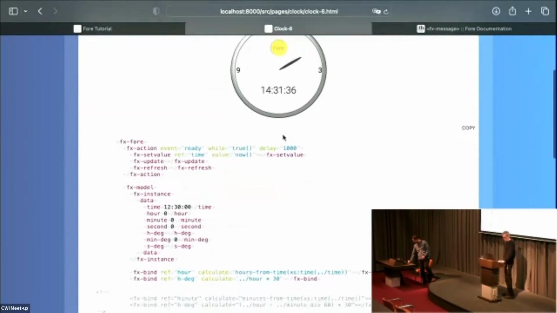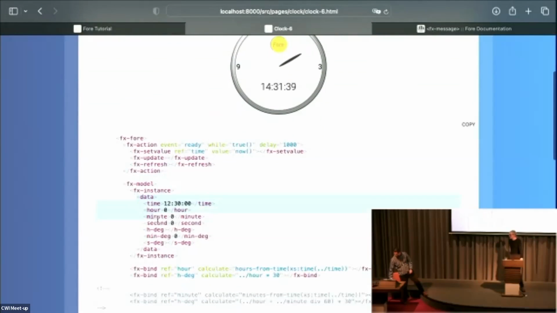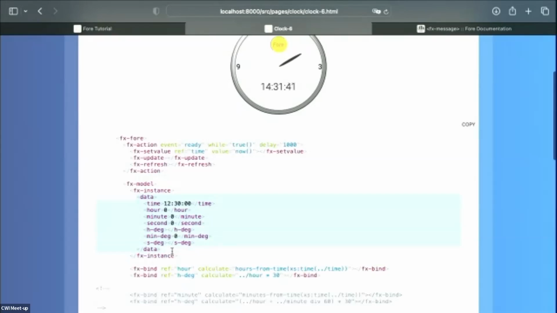But what we also see is that our data has significantly developed. Now we have to display all these different things. We also have a time, the hour, the minute, the second, and also degrees in there